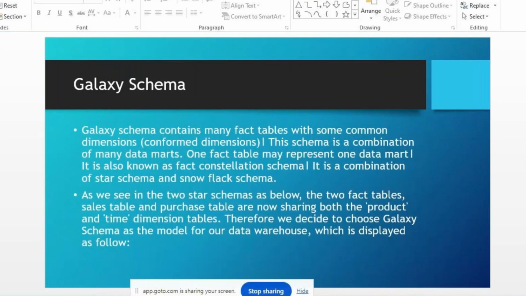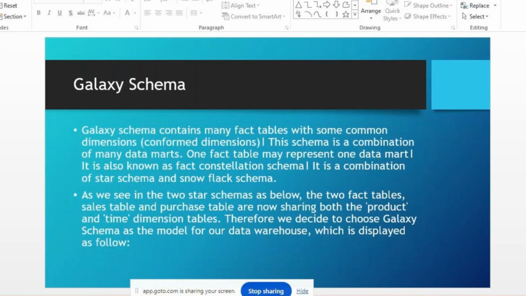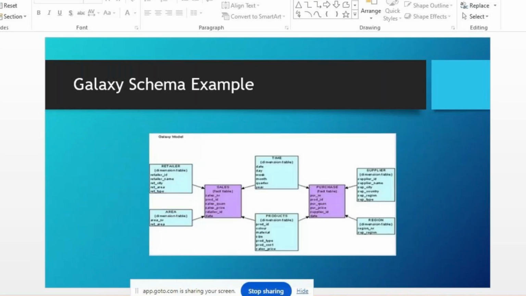so we'll cover all the basic schemas also, like star schema, snowflake schema, and galaxy schema, with real time examples. Okay,